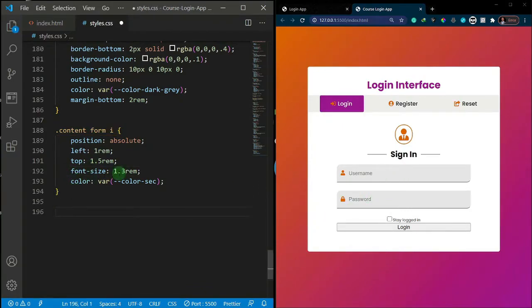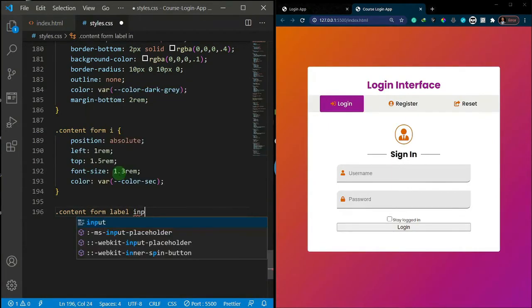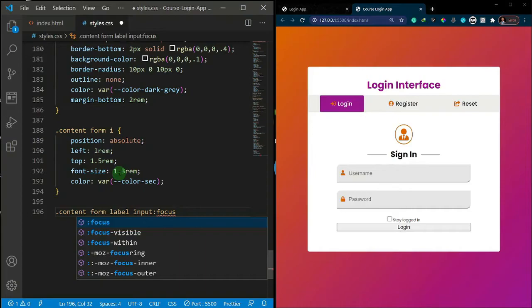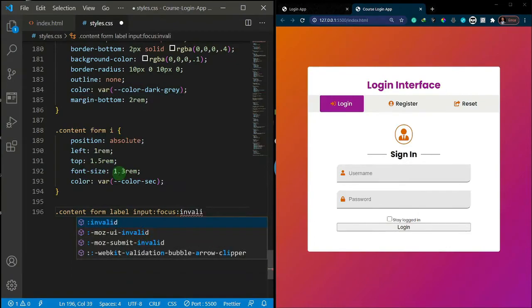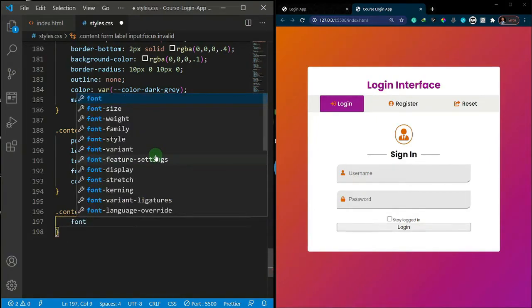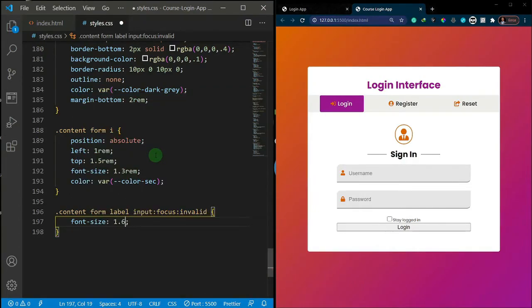So for the border bottom, let's start by targeting our content and form label. We're going to target the input, and we're going to say focus. So basically this pseudo class is called focus, and we're going to attach an invalid pseudo class to it. So we're saying that when we click on this but we've not typed anything, what do we want to happen? First I'm going to say I want the font size to increase, so 1.6 rem,